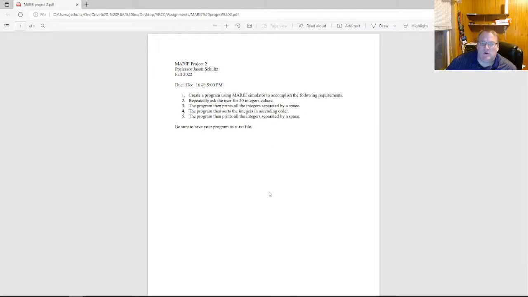All right, so: repeatedly ask the user for 20 integer values. The difference here is actually I need to change this. And the reason is a negative value becomes much more difficult to sort. So we want to make sure that they're non-negative integer values. So that much I need to, in fact, actually let me